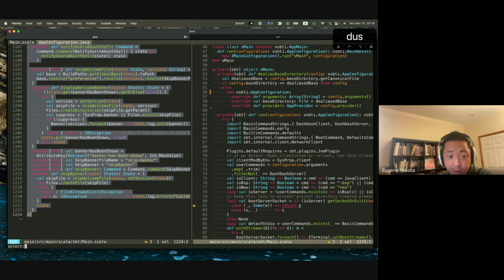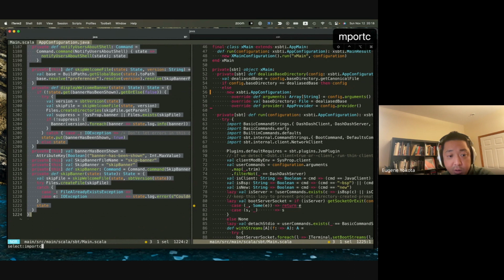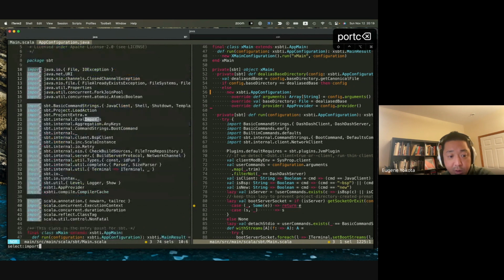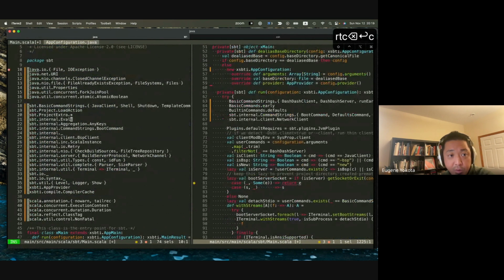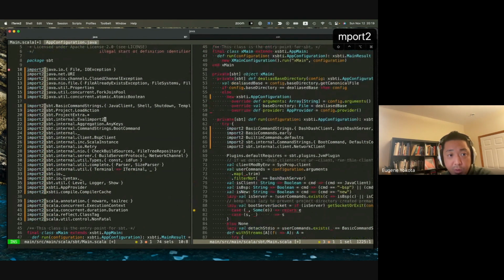Let's see, import, and now you've created a multiple selection of the word import, and then change. So it's import to